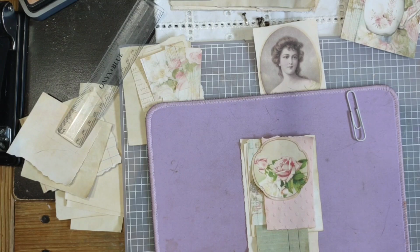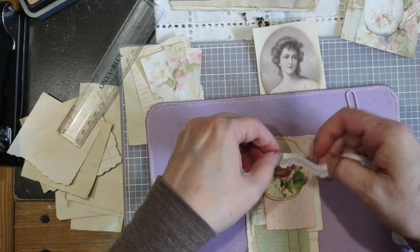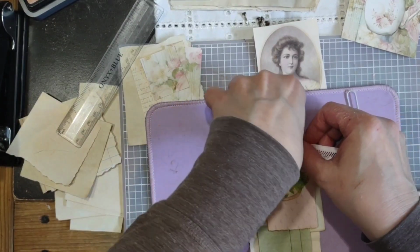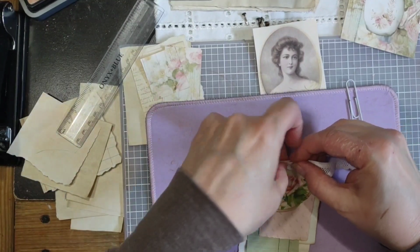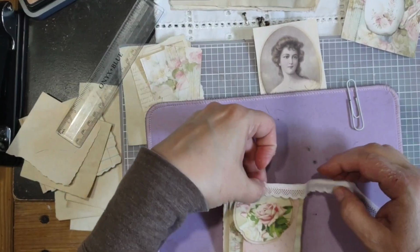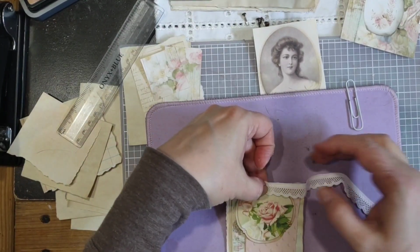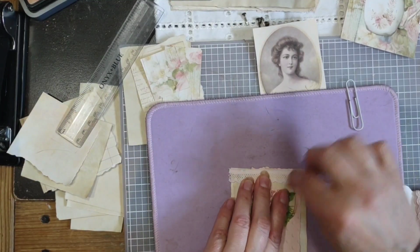And you can put them whatever way you want. The ones I chose would not look good lengthwise because of the scallop on them. But I'm just thinking, if I do it like this... Just seeing what happens if it's just pinned there. How much is it going to hang? It's going to hang too much, I think. See, this is where if you had a sewing machine, you could also sew along here. But,